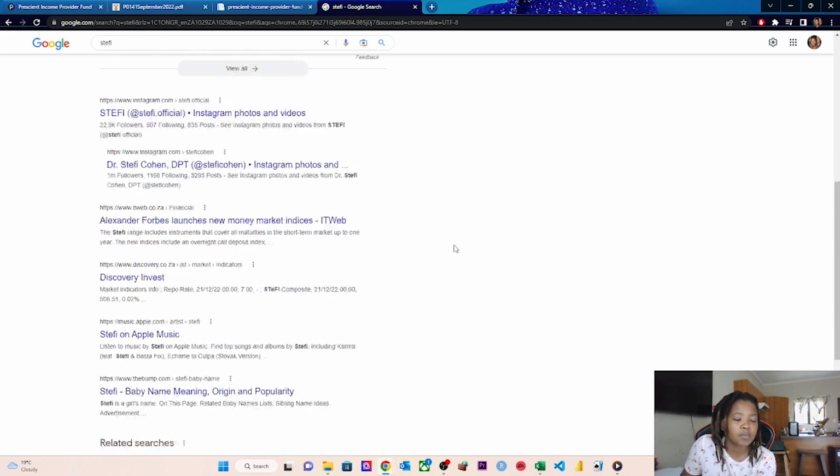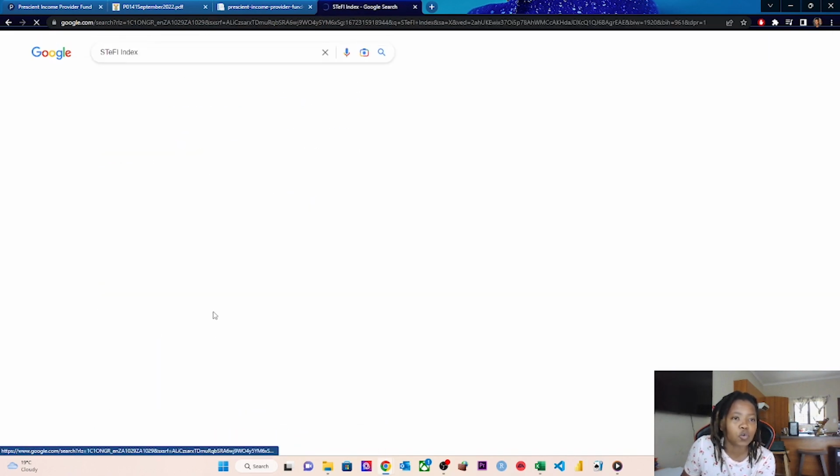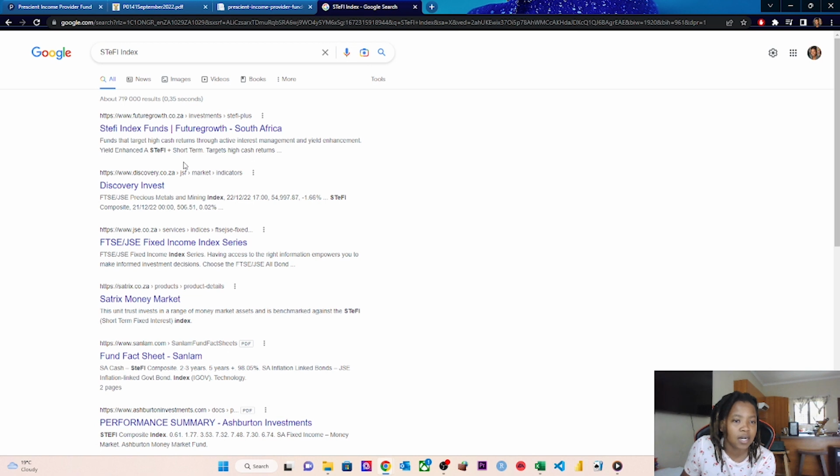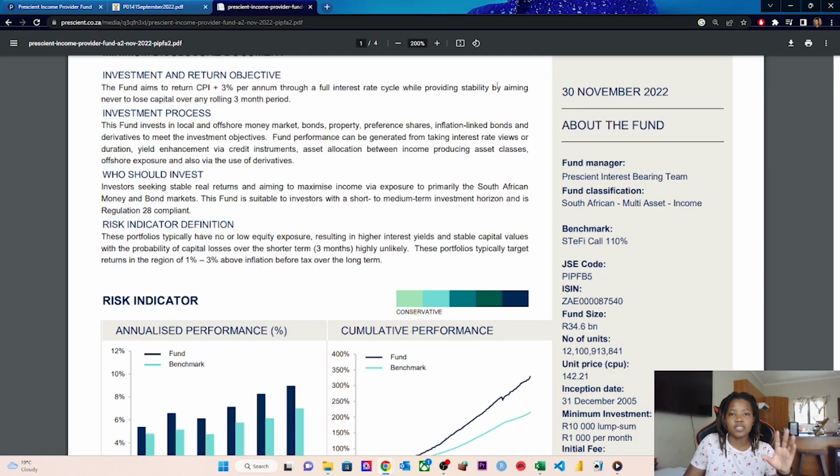Yeah, basically the STeFI benchmark is the short-term fixed income money market index that a lot of the money market or cash funds use to benchmark against. So that's also very important when you're trying to compare. We saw a Momentum one. I know Coronation also has one, and I know Allan Gray definitely has a cash or money market fund. So you would look at the fund classification and the benchmark to see if you're comparing like for like between